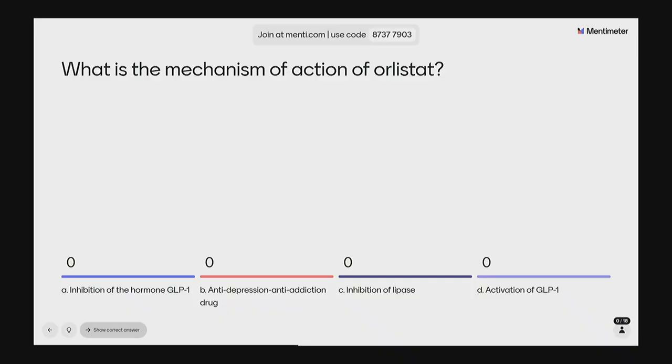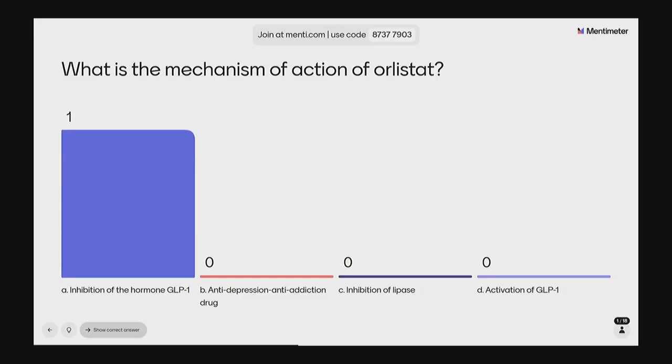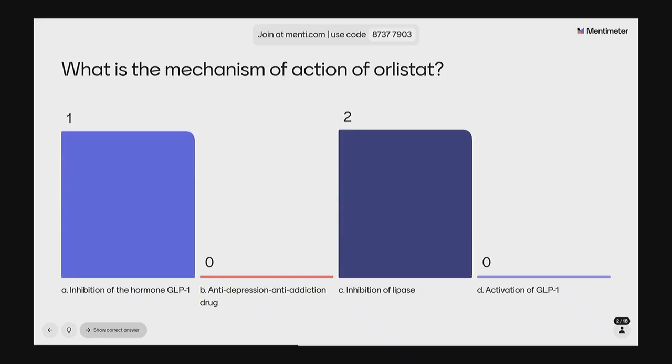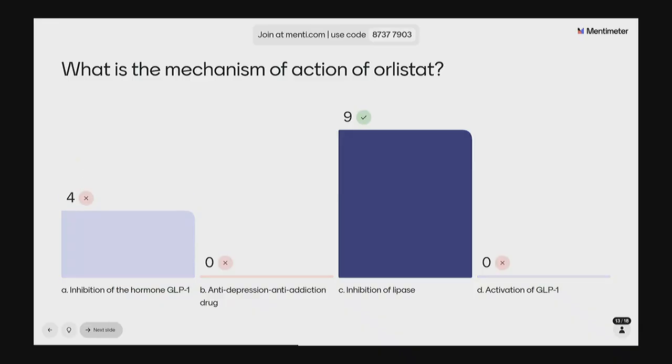So what is the mechanism of action of orlistat? So maybe this will be our last one because it's 2:59. Orlistat. We looked at orlistat, we looked at Ozempic, we talked about Mounjaro, a number of them. Okay, let's show the correct responses. So Orlistat, as a medication, what it does is it inhibits lipase